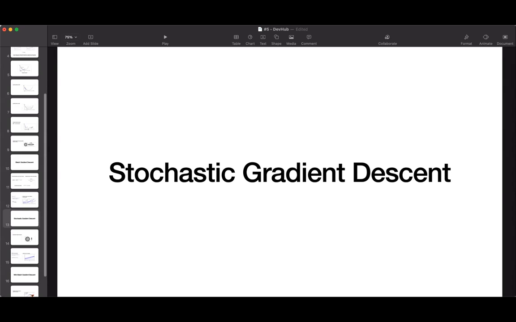Now, obviously, this makes the algorithm much faster since it has very little data to manipulate at every iteration. Also, it makes it possible to train on huge training sets. Now, why are we able to tackle these huge training sets in this SGD?